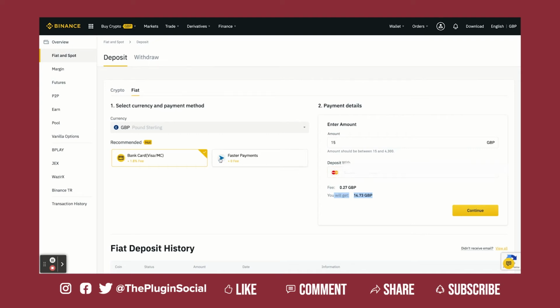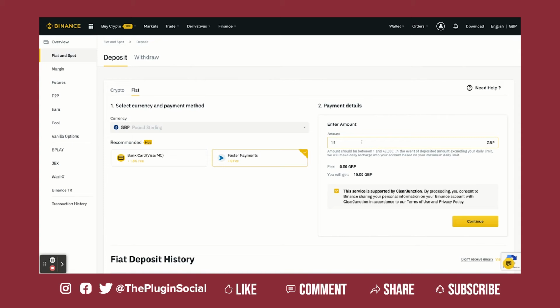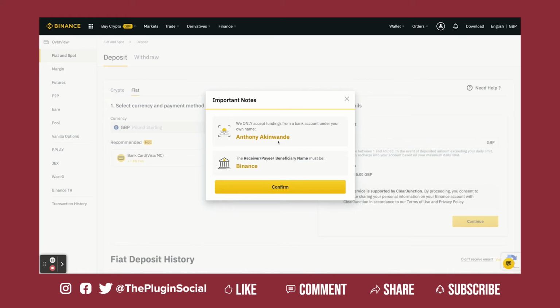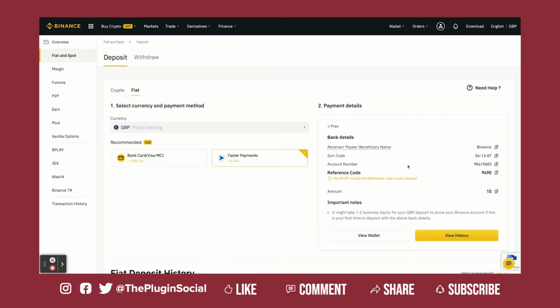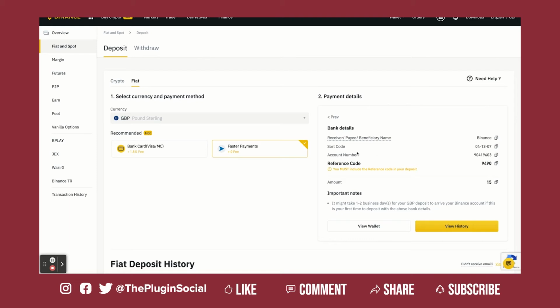But if I want to deposit using my bank transfer, you just click on faster payment. So if you say you're transferring £15, it's going to tell you the fee, and you actually pay zero fee for that. So you click on the button, you go to the next page. And this pops up because obviously they want to make sure the owner of the account is the one that wants to transfer the money. So you now get this note that says only payments can be allowed from the bank account in my name, which is fine. So if you just confirm, then what now happens is you get a sort code and account number you need to pay it into, and once you do that,